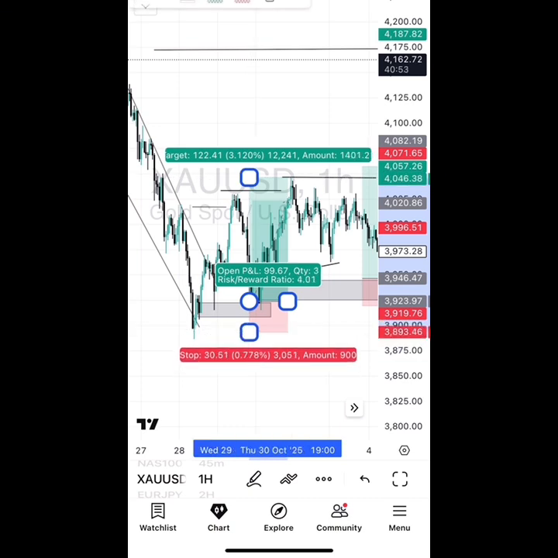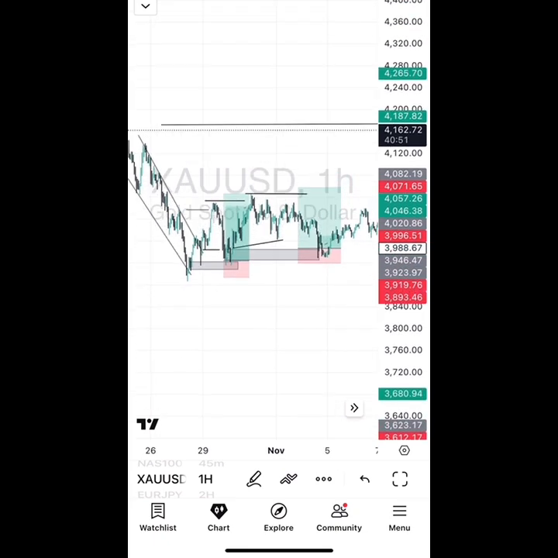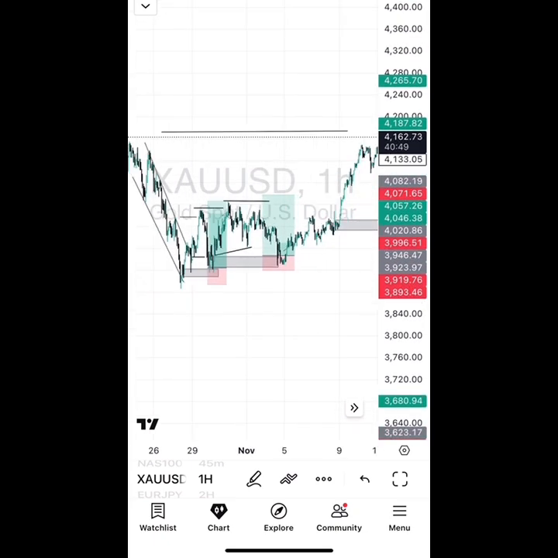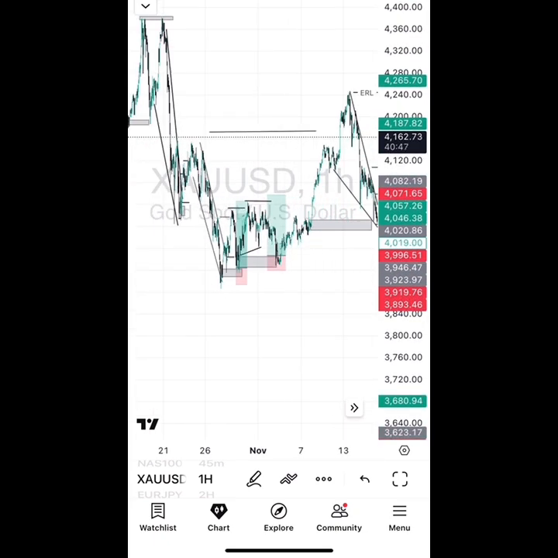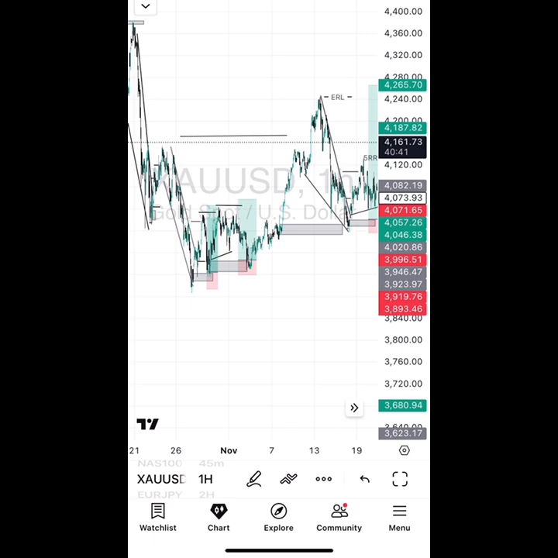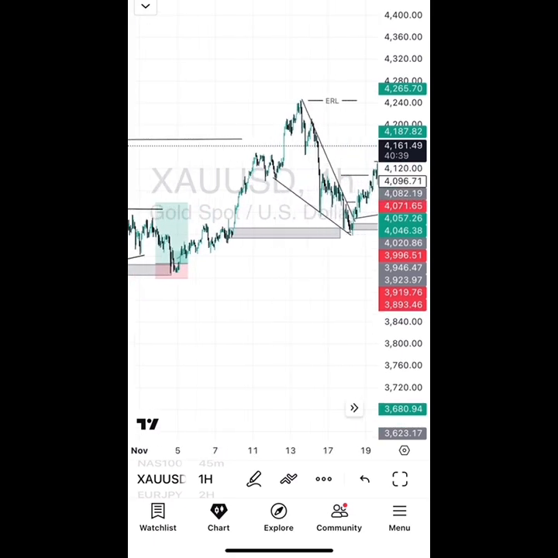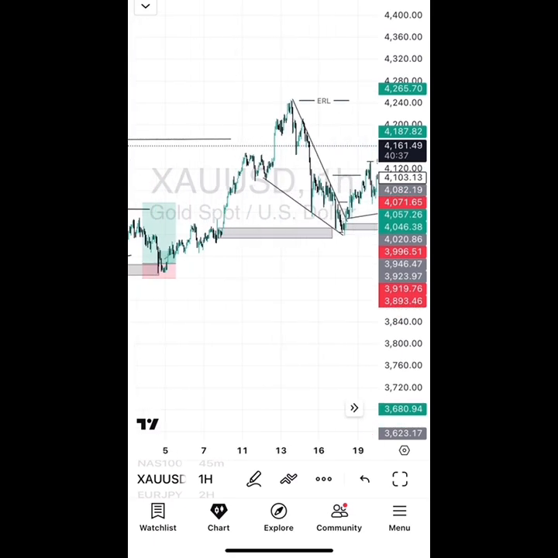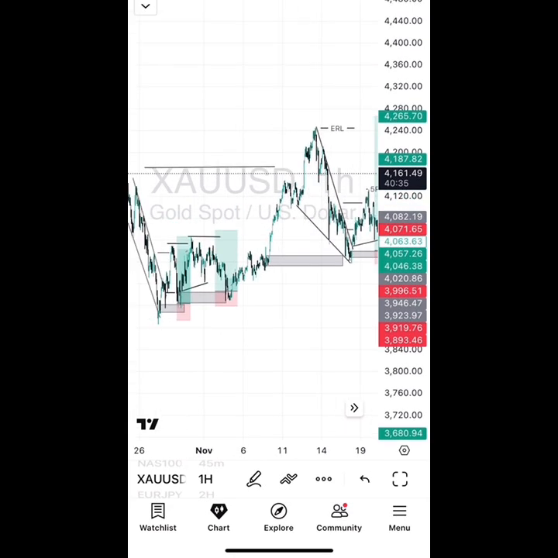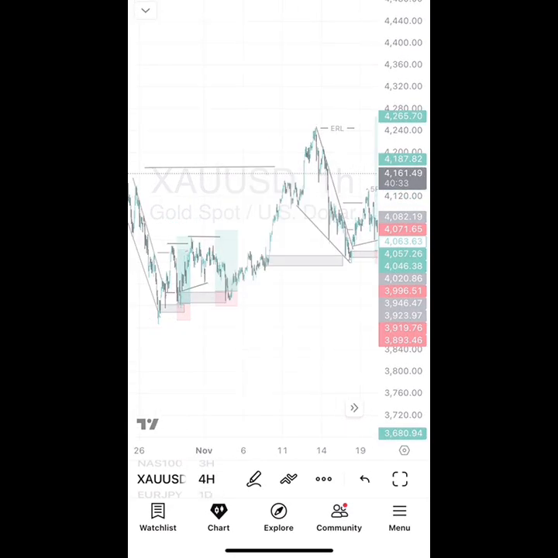I think it was like this. It was like this. Then that was how I came about my entries on gold. Then the next one was this one, this current setup that didn't tag me in. Looking at higher time frame,